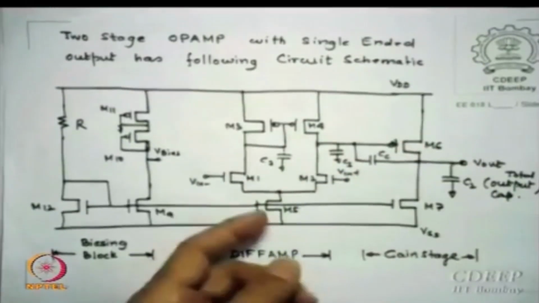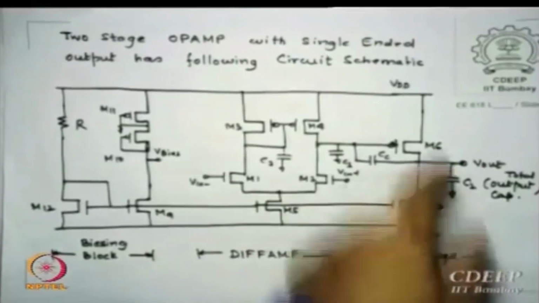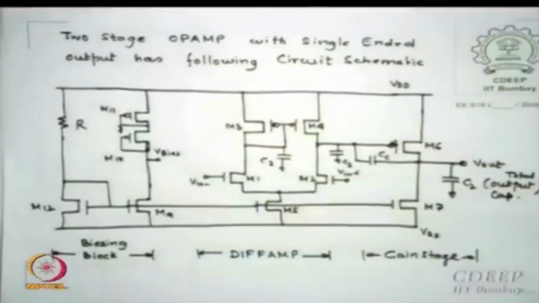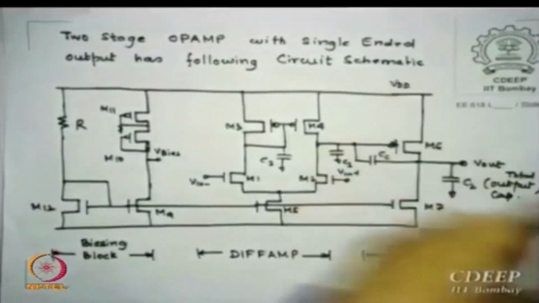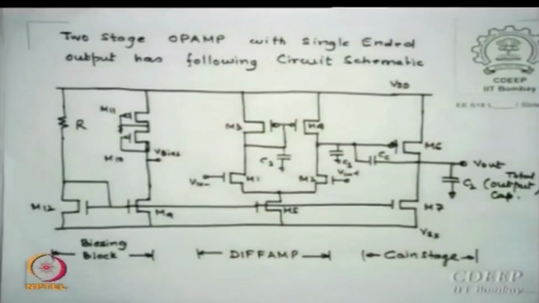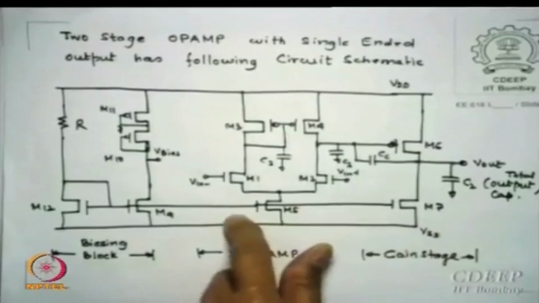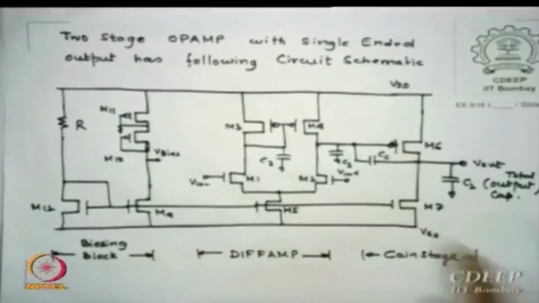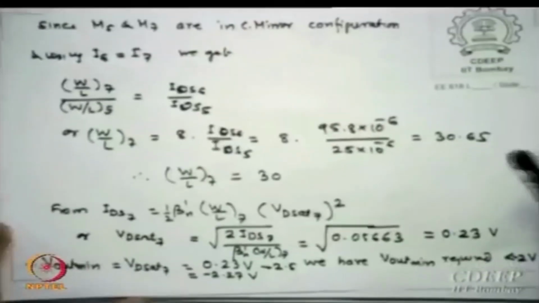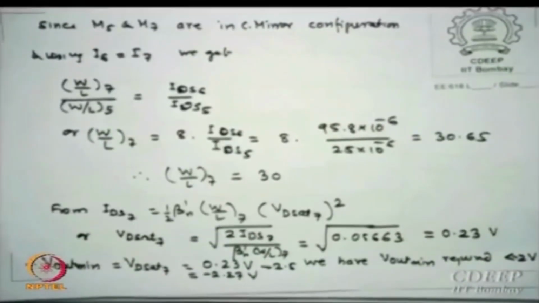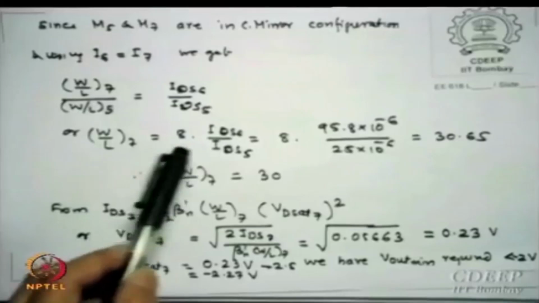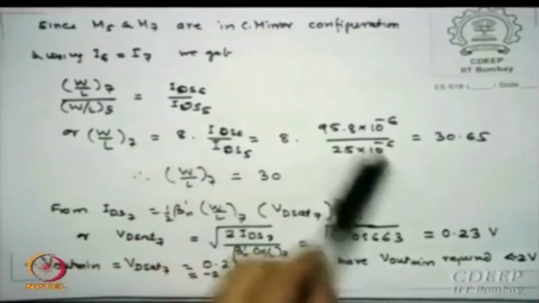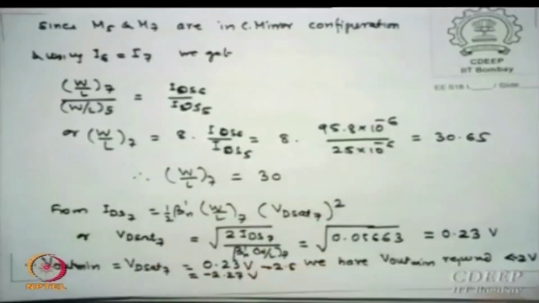I am repeatedly saying don't push the same current here, because in that case this current will be different. So come from M6, figure out what is the current you are expecting to get that W by L, for that W by L, use that current for M7 and then find the ratio of this to this. This current I know, this size I know, this current I know, so I know the size of M7. So M5 and M7 are in current mirror configuration, so I6 is I7. So I get W by L7 is 8 times IDS6 upon IDS5, 95.8 into this, so I get a value of